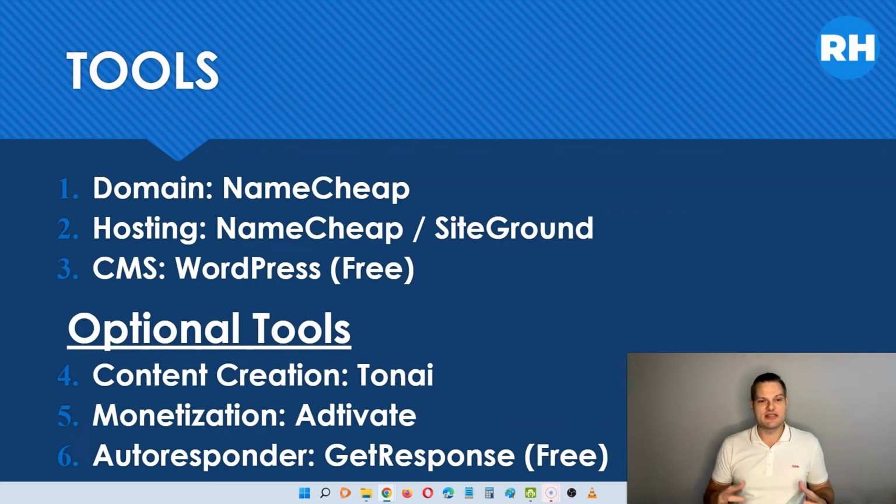Next up, you need some sort of CMS or content management system, and this is where I'm suggesting that you use WordPress. When you have a hosting service, you can install WordPress for free on your hosting, so that you can start building your website completely free of charge. You can then use free WordPress themes to start building your blog, where the theme is the design, and then you can install free plugins for SEO, for the pop-ups, and so on, so that you don't actually have to pay for anything else related to your website.